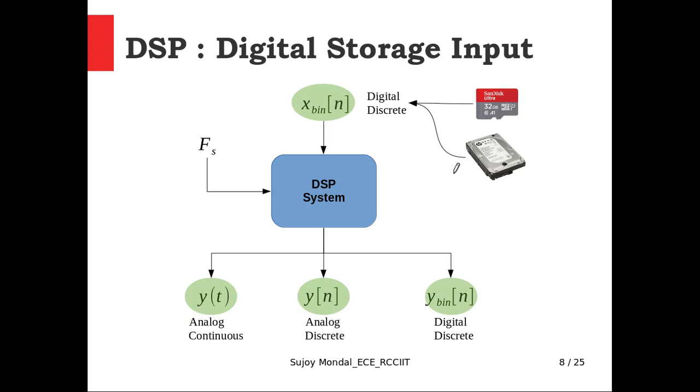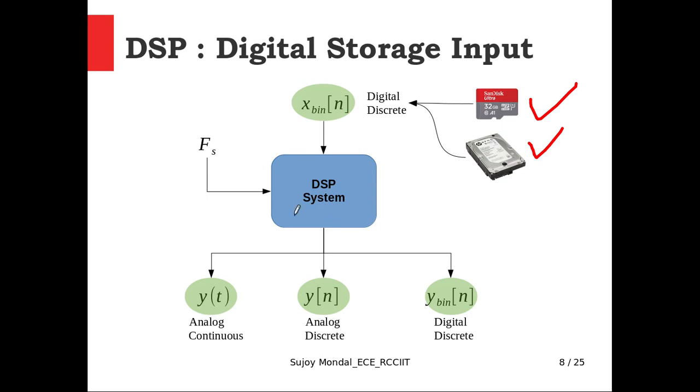So input can have different forms. It can be directly coming from digital storage devices like your mobile memory card, computer hard disks, and this passes through a DSP based system, meaning your mobile itself can work as a DSP based system. Suppose you are playing a song, so the song is stored in a digital memory card. It takes into the mobile